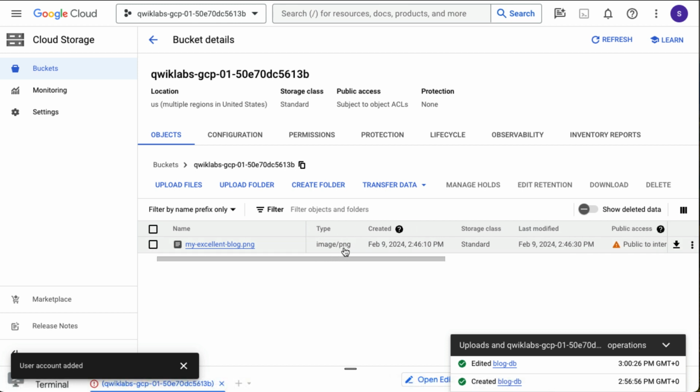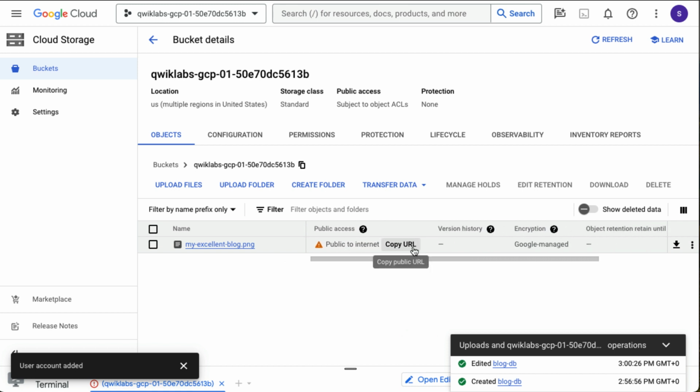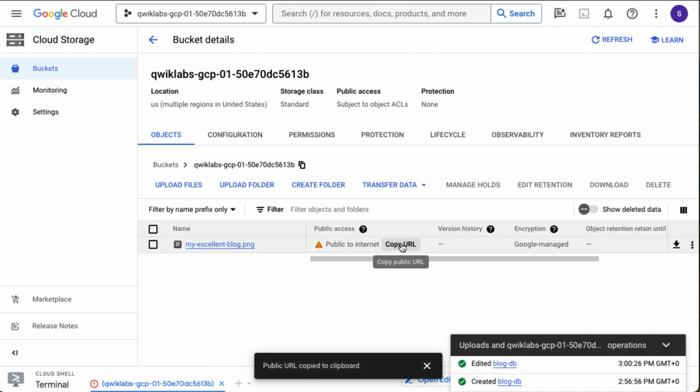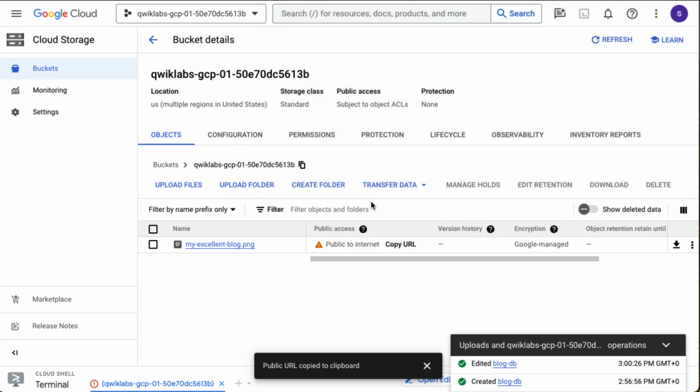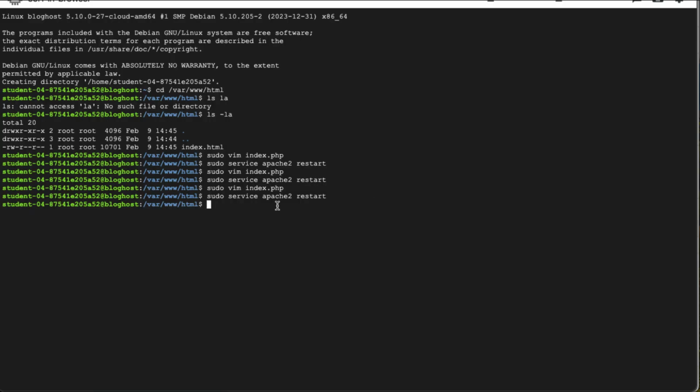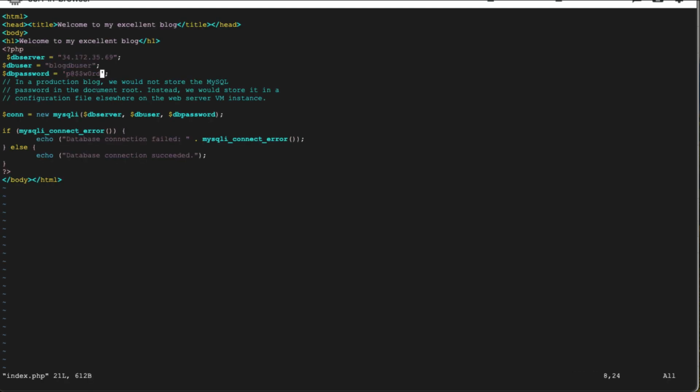So there is a public URL available right here. This copy URL will give us the URL for that. Now, if you go back to our SSH session, one of the things that we could do is just go through to